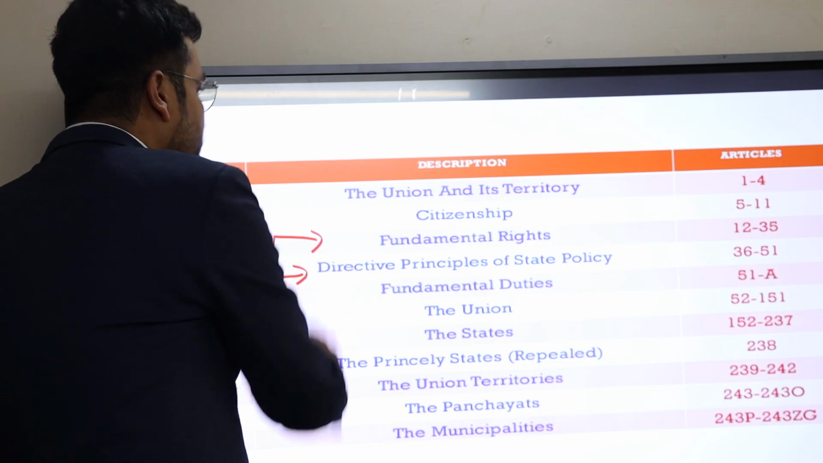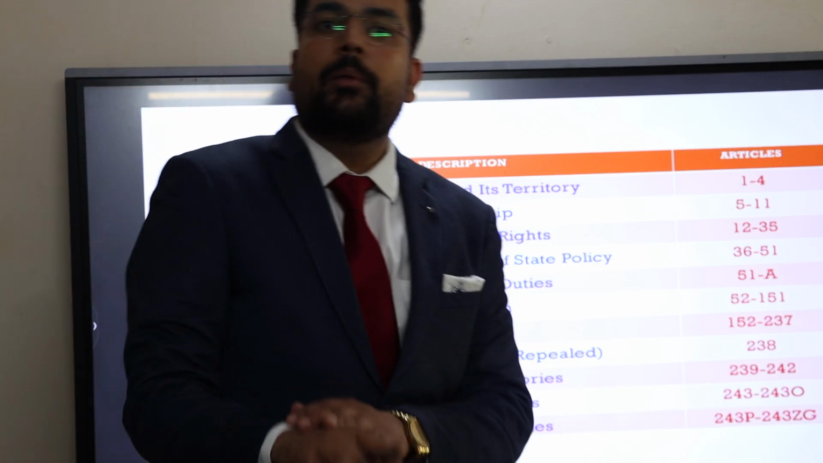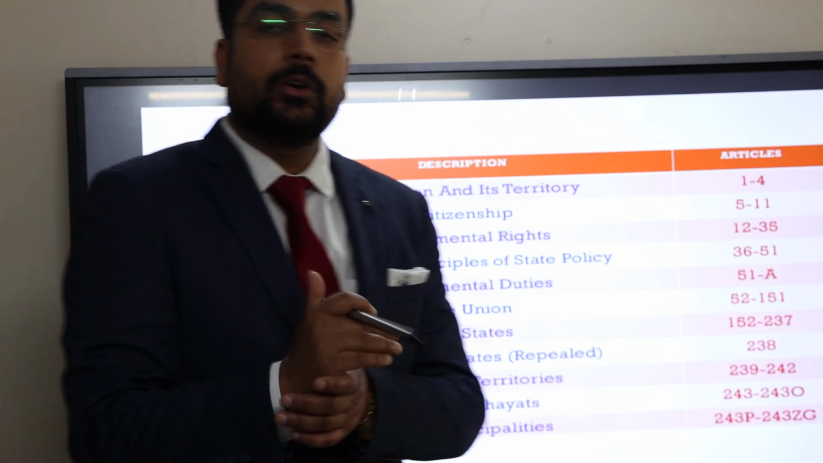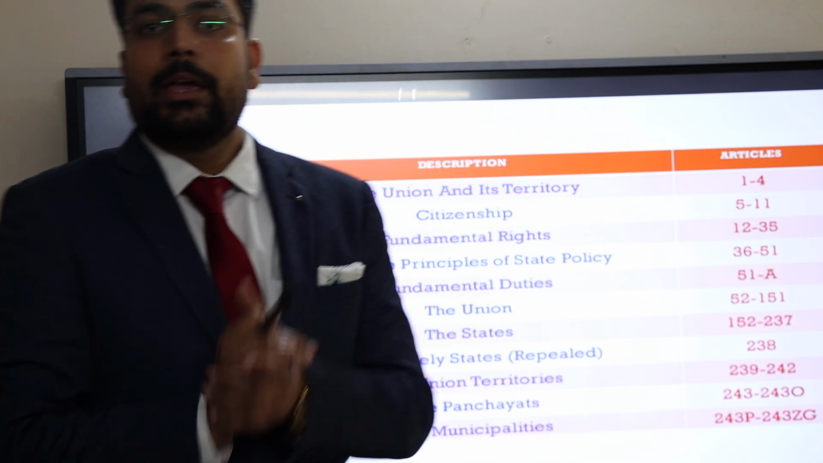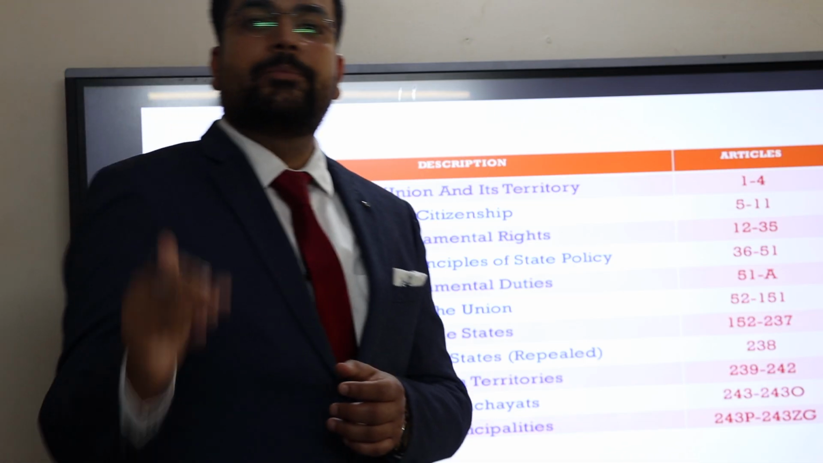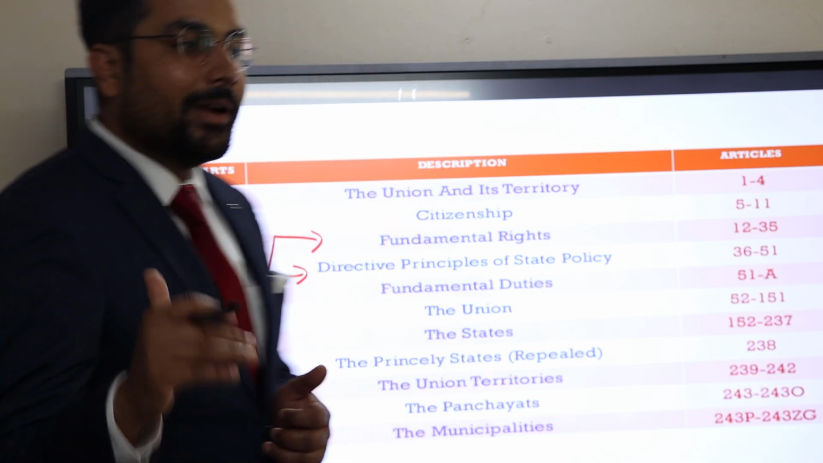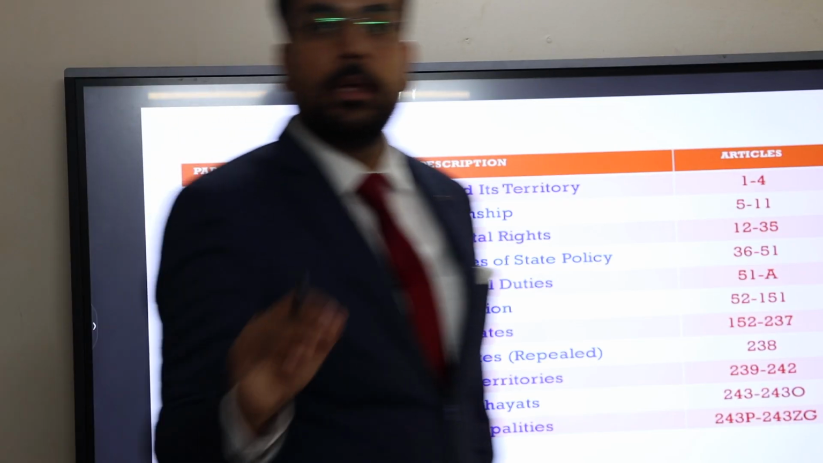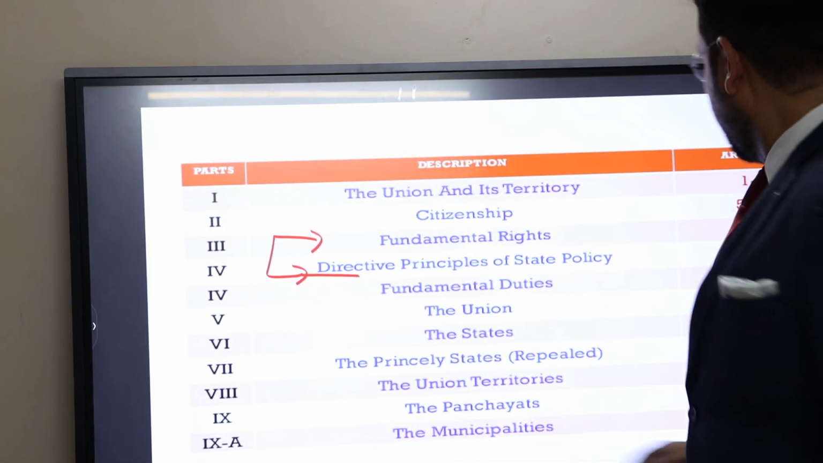Chapter 3 and 4, these are two chapters that talk about rights, the powers of the people, the citizens or natives of India who are residing here in the Indian territory. Chapter 3 is known as fundamental rights, and chapter 4 is known as directive principles of state policy. There is another concept